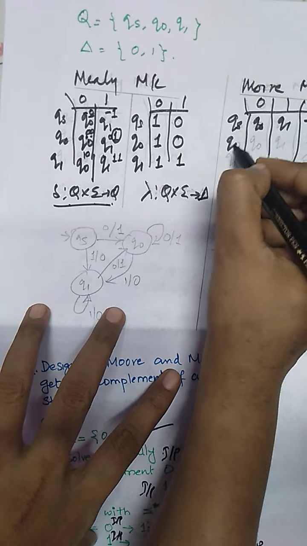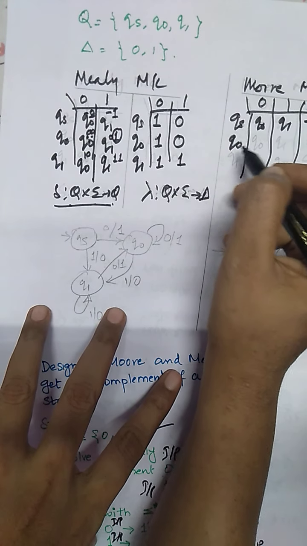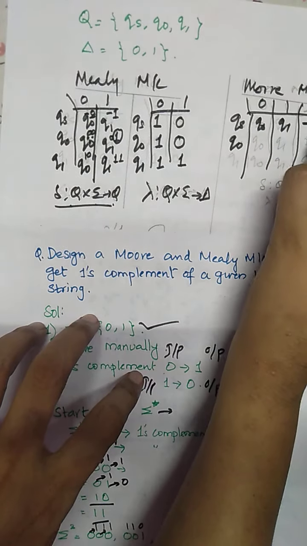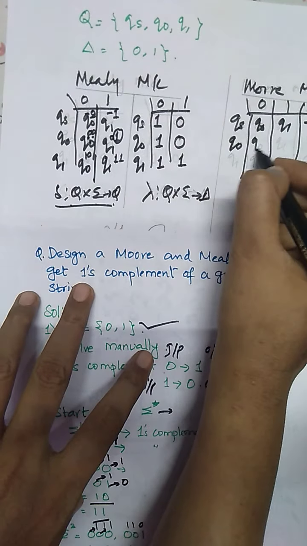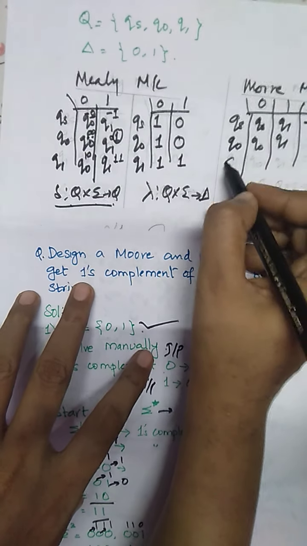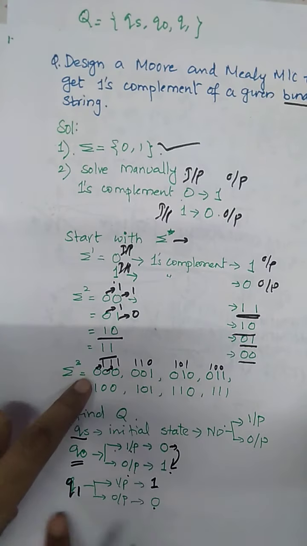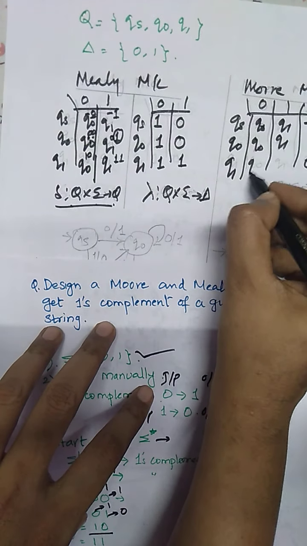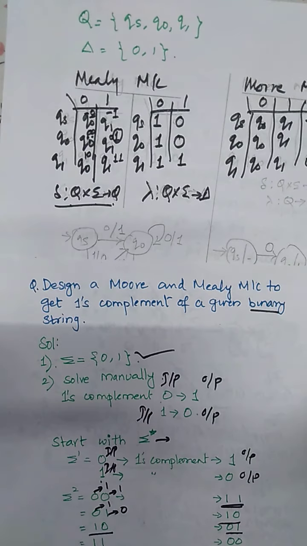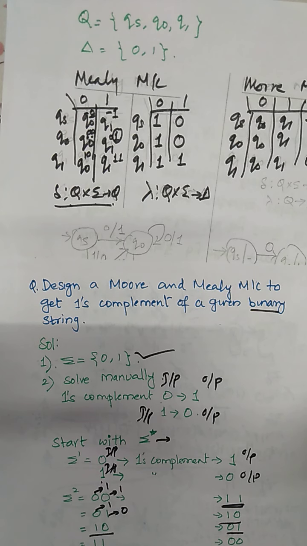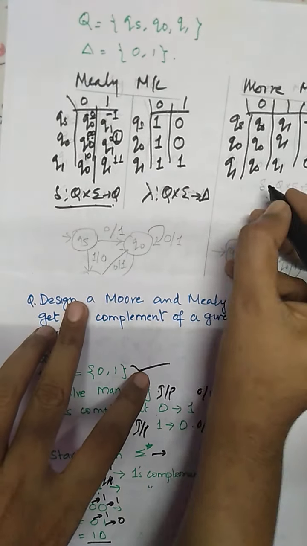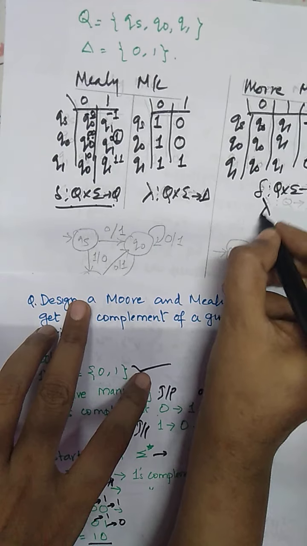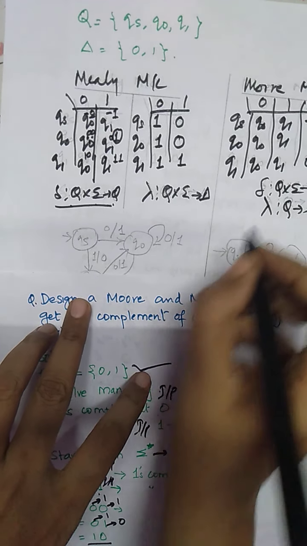Now the reachable state is Q0. Before copying anything, what is the output of Q0? We had already written here. Output of Q0 is 1. So we have to write here 1. Now copy this thing, Q0 and Q1. The next reachable state is Q1. What is the output of Q1? Output of Q1 is 0. So we have to write here with the next row entry, which is similar to your Mealy machine state table. That means we have designed the machine function of the Moore machine and the state function also.